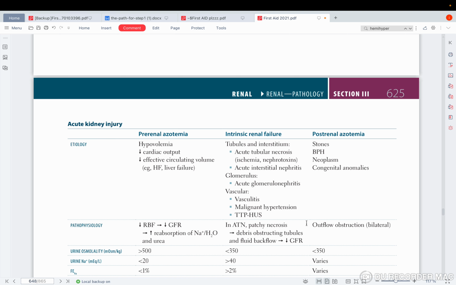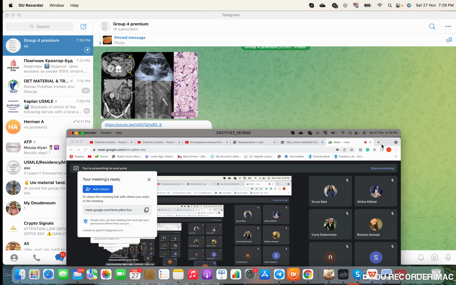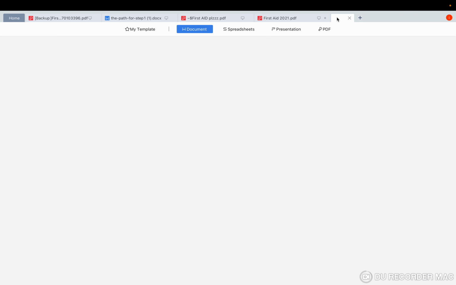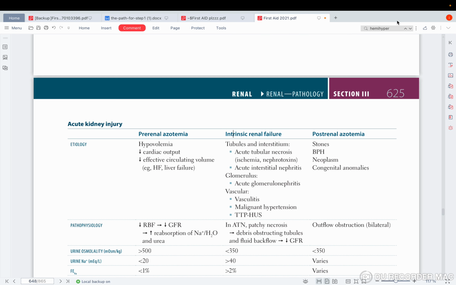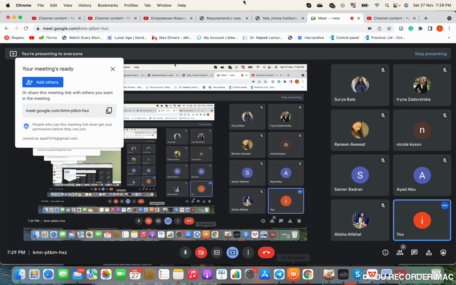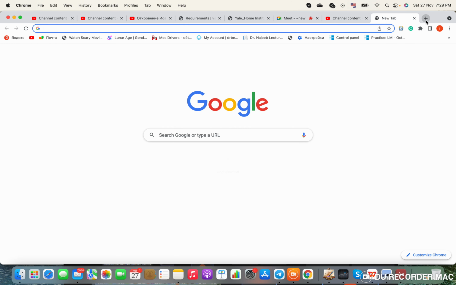Does anyone know what azot means in Latin? Nitrogen, yeah. So azotemia is accumulation of nitrogenous particles, which are more commonly to be what? What has a lot of nitrogen? A molecule that has a lot of nitrogen. That the kidney loves to clear, but now it cannot clear anymore. No, your kidney doesn't like to clear amino acids. It has to do that actually. Yes, excellent. It's urea. It is urea.